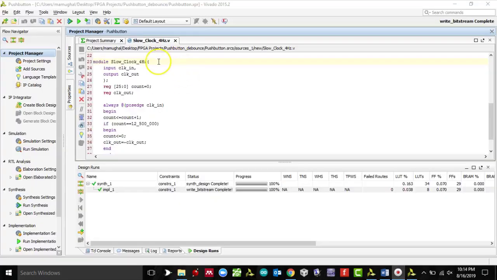We'll start with the slow clock first, and I have already gone ahead and got our code ready. I'm just going to go through it real quick because this is something we have done many times in some other tutorials, but I just want to comment. So this is our input clock of the Basys 3 board, which is basically 100 megahertz, and then clock out, this is going to be our 4 hertz slow clock right here,